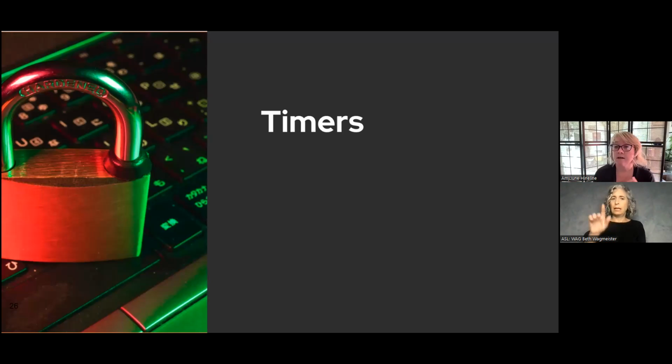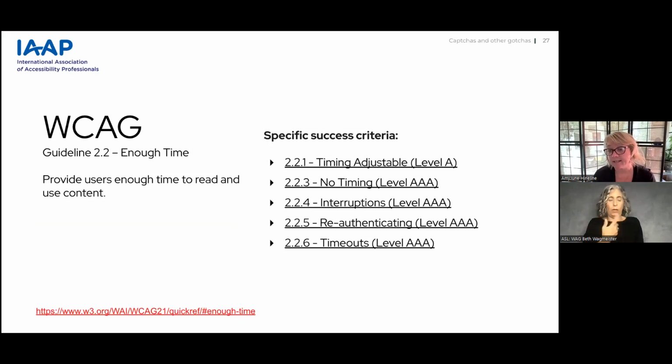Timers are another security measure, or time-based passwords. So we have another WCAG guideline around the use of timers. It's 2.2, and that specifically says we want to have enough time. We want to provide our users with enough time to finish their tasks. Not everyone can zip through a form or enter their credit card information at top speed. So we want to be sure, and I have some individual